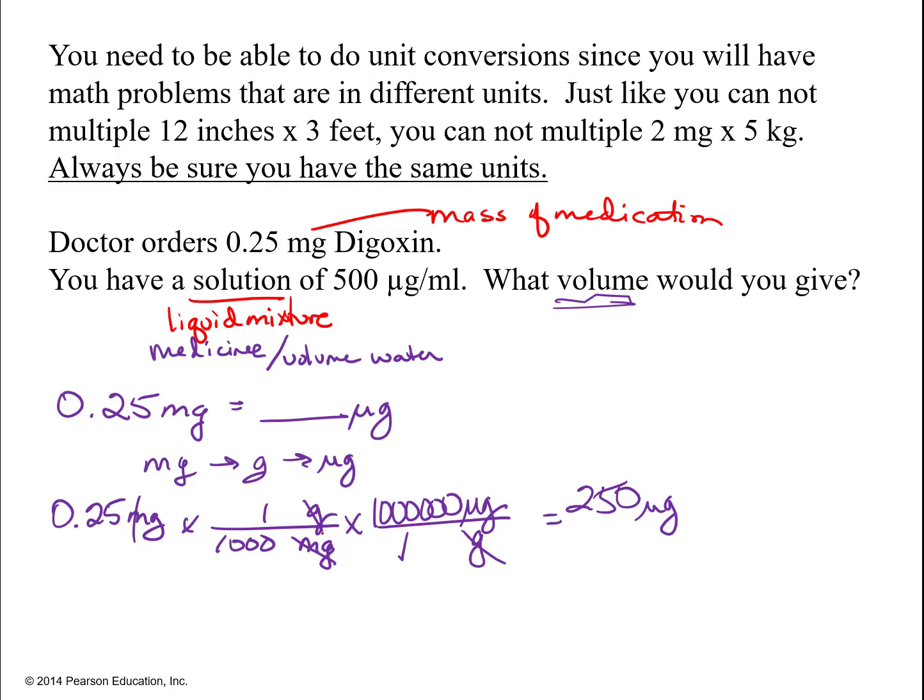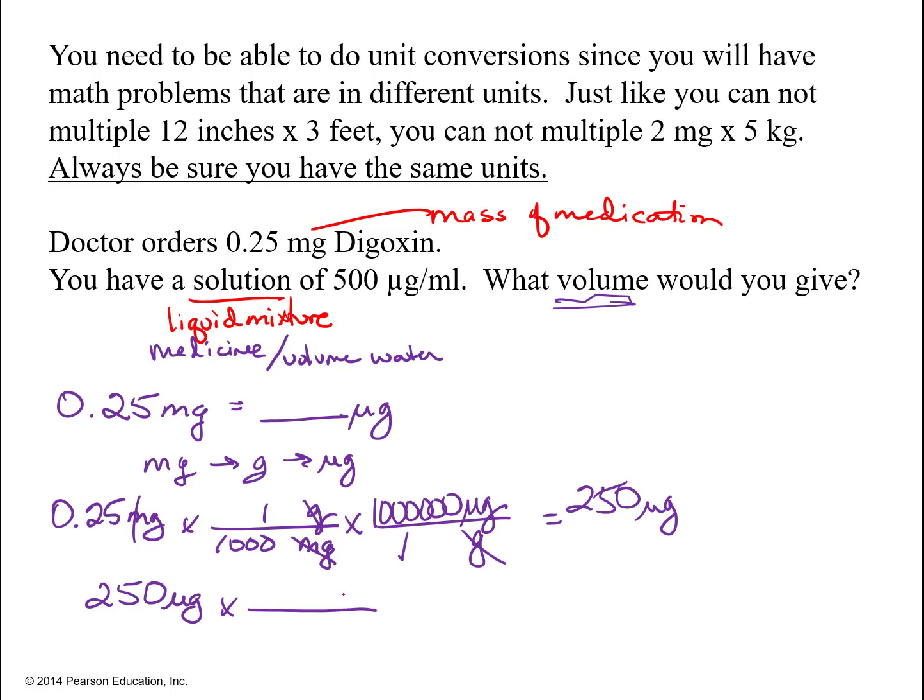So if you keep the units, not just the numbers, you can be sure that the answer you're coming up with is going to be true. Sometimes this can be really important if you're going back and checking medication dosages, so that you don't end up trying to give somebody 1,000,000 times more than you actually should because you multiplied instead of divided. That gets awkward really fast, okay? So if I have 250 micrograms of this medicine,